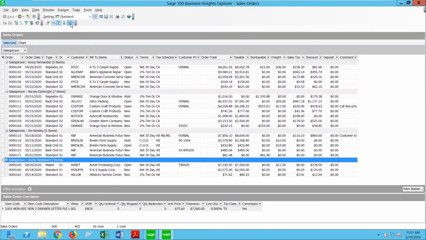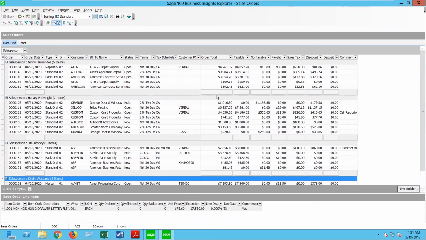So if I hit the group summary footer, what happens is some boxes light up underneath each group. So Ginny's our first group. So I can hover over that empty box there, right click with my mouse, and these are the preconceived functions that you get with Business Insights Explorer. So this one, it would make sense to do a sum. So now I have that underneath each rep. So if I collapse these groups again,